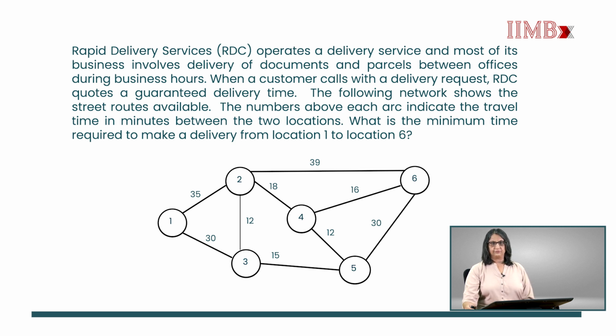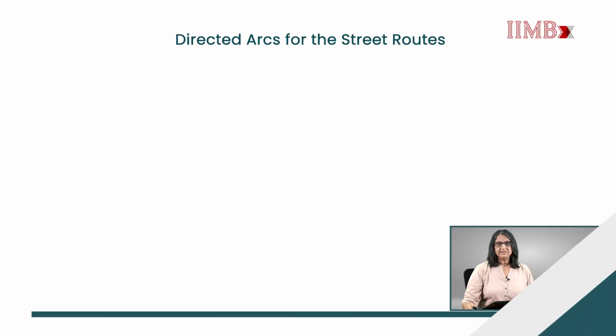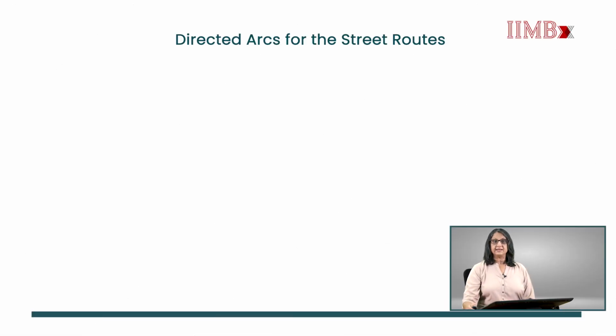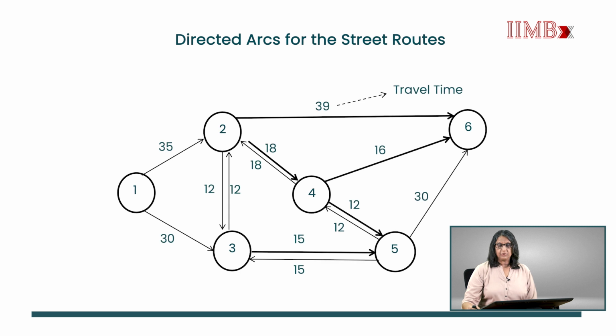So you could go, for example, from node 2 to 4, or you could go from node 4 to node 2 as well. So we will replace then all of these links with what we call directed arcs, arcs which are shown with the arrows, which tell you how we are proceeding. Are we proceeding from, for example, node 4 to node 3, or from node 3 to node 4? So you can see that the link between node 2 and 3 has been replaced by